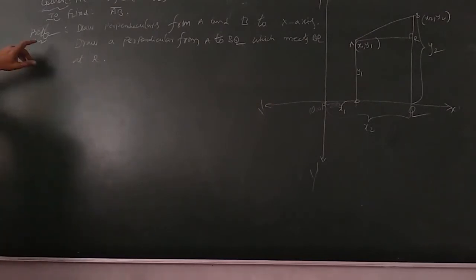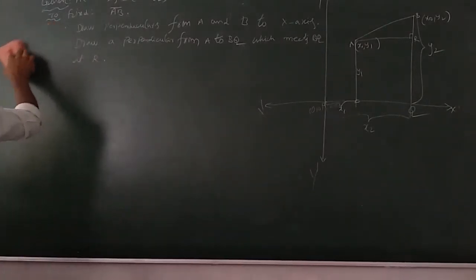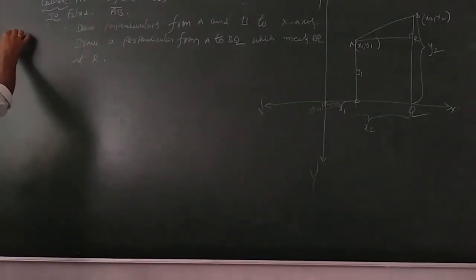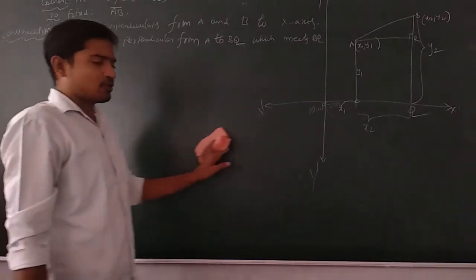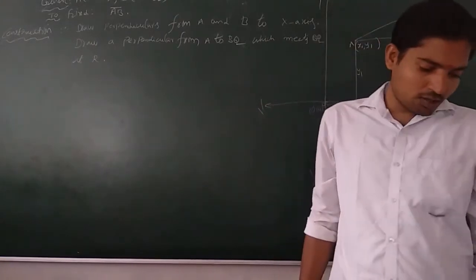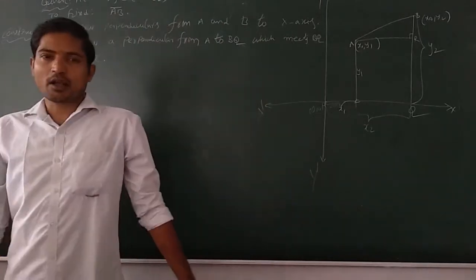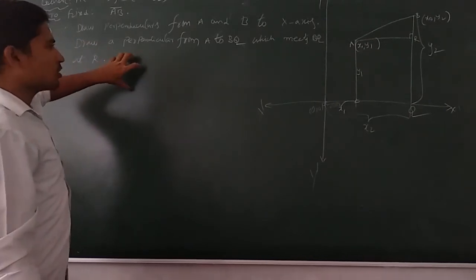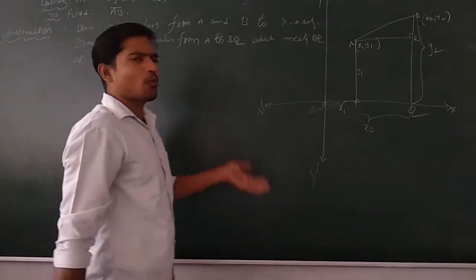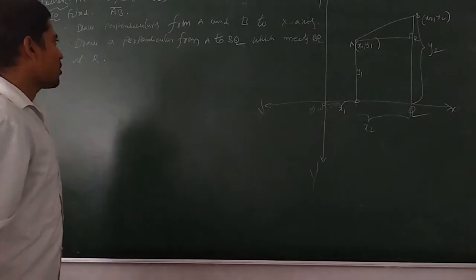Here, this is construction, not proof. Given figure is not sufficient, at times we do some modifications. Those steps we write in place of construction. Right? Sometimes, when the figure is not suitable to find the solution, we have to do some modifications. That modifications are called construction. Now proof.